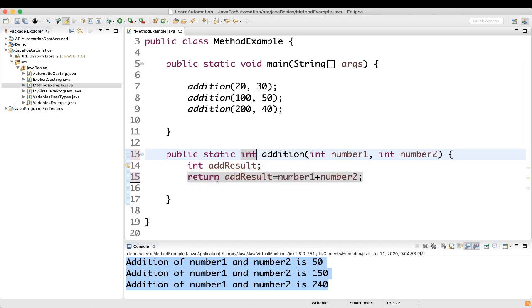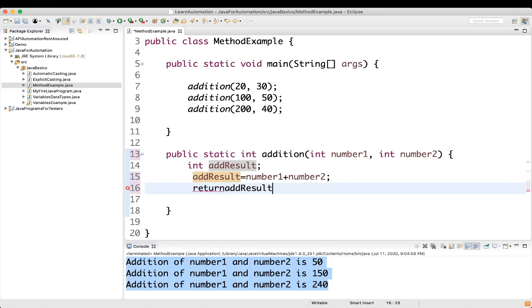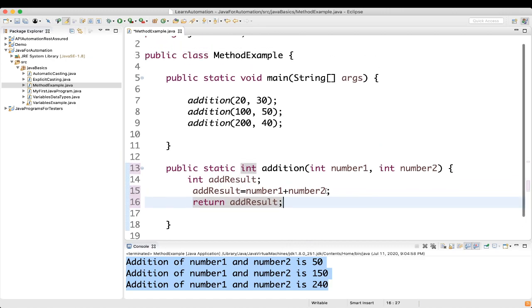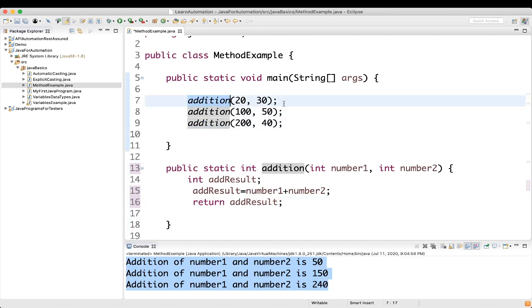So it is returning add result, or what I can do is I'll just write it like this, just for your better understanding, we are returning the result. Okay, now this method will return the result.